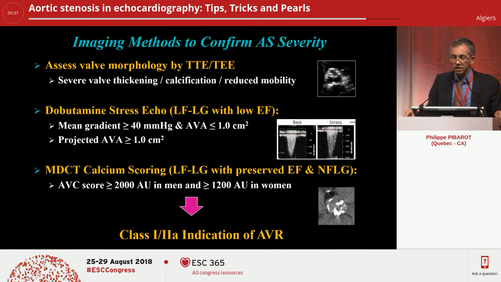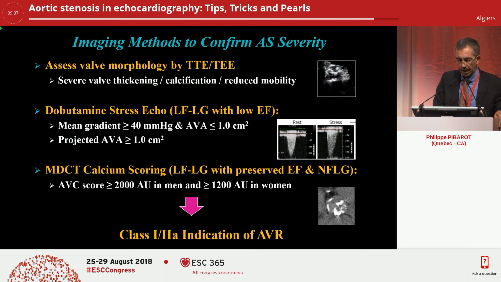And for confirming the stenosis severity by different imaging modality, well, first look at the valve. Assess the morphology of the valve by TTE or TEE. If you have severe valve thickening, calcified, and reduced mobility, this is consistent with severe AS. Dobutamine stress echo, especially in those patients with reduced EF, is useful. Look at the mean gradient, the valve area, and projected valve area if you have discordant grading at the end